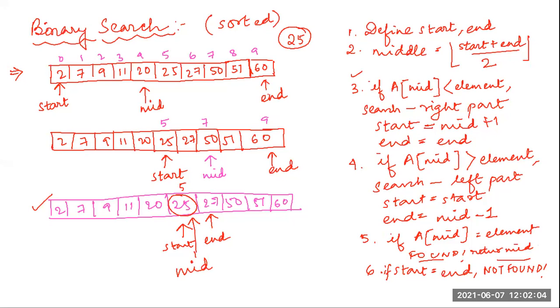You yourself at your home can apply on anything. You can apply taking an element 7 over here to see whether this algorithm is working. You can apply it with taking no element, that is an element out of this array bound, to check whether for that also this start equal to end condition is going to hold or not. Fine.